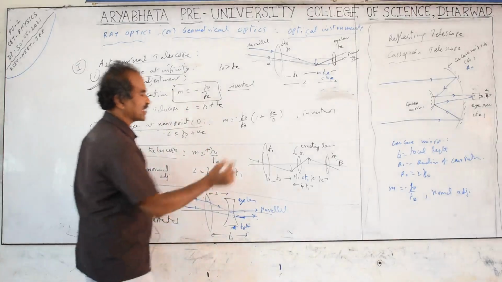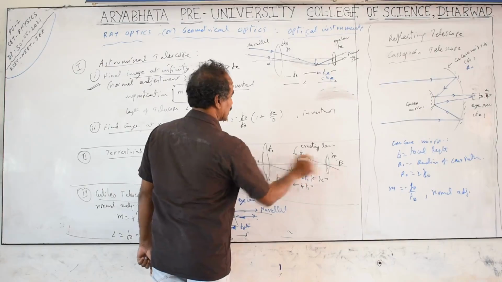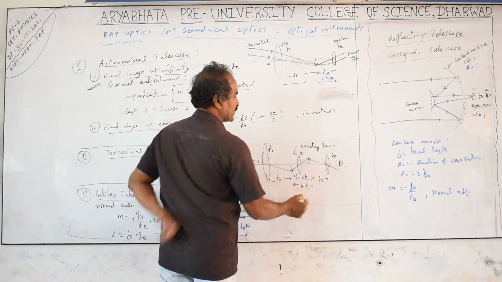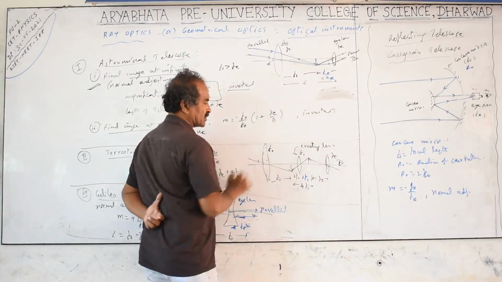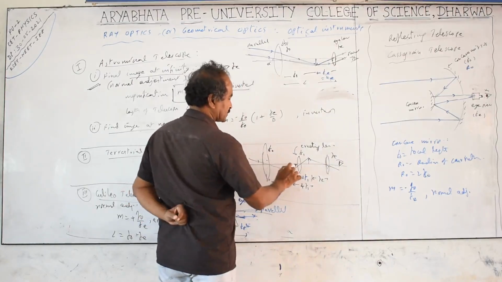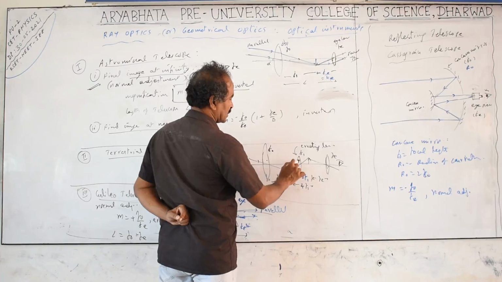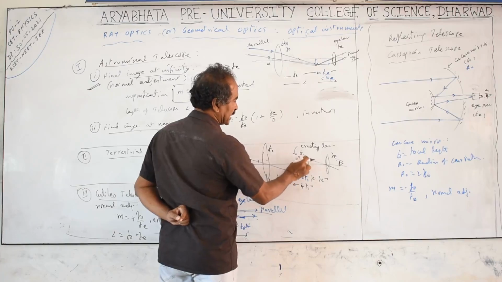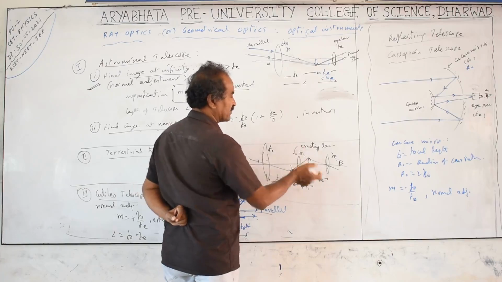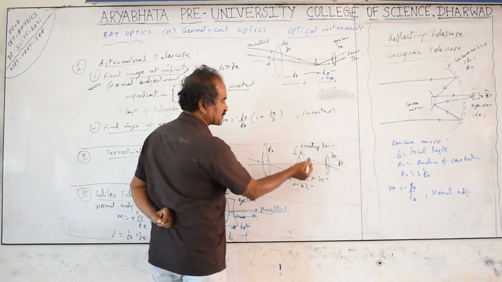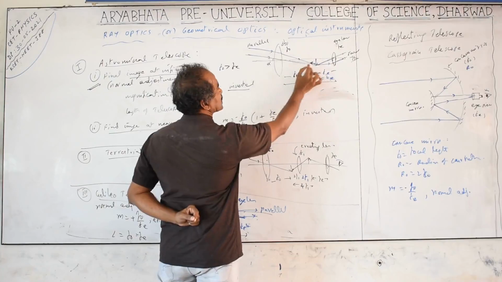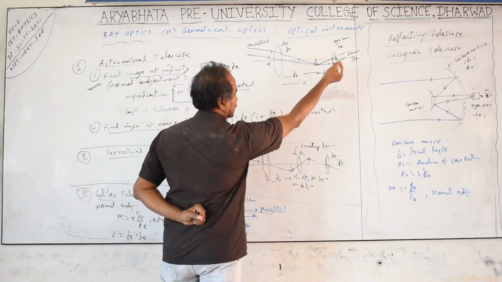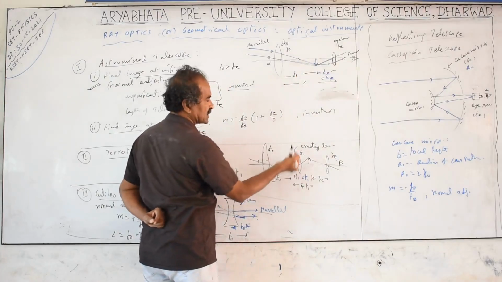The only difference is that one additional lens is kept between the object lens and the eye lens. The lens near the eye is the eye lens, and the lens toward the object is the object lens. This additional lens is called the erecting lens. It erects the inverted image. If the image is inverted, it becomes erect. If it is erect, it becomes inverted. The image formed by the object lens is inverted, and you want to make it erect. For that purpose, we take one more lens called the erecting lens.